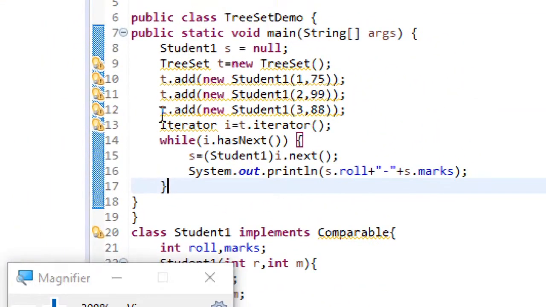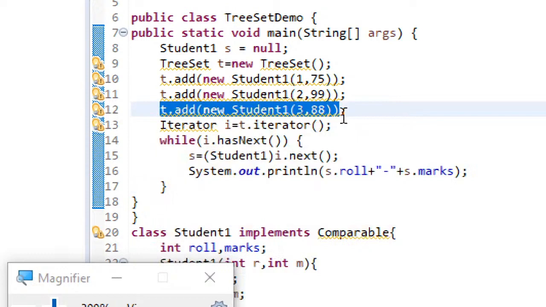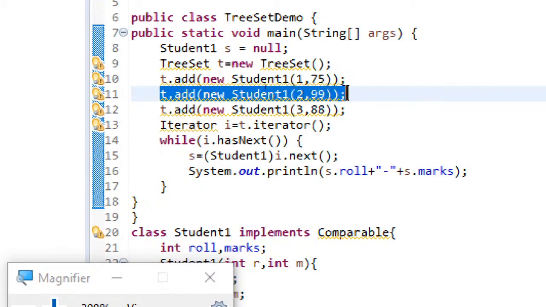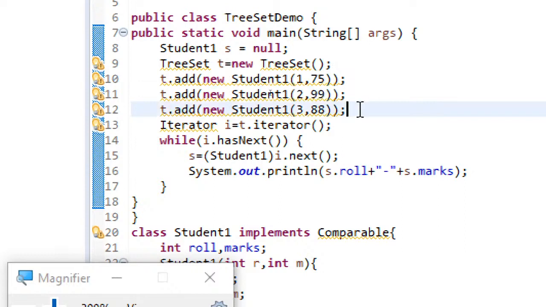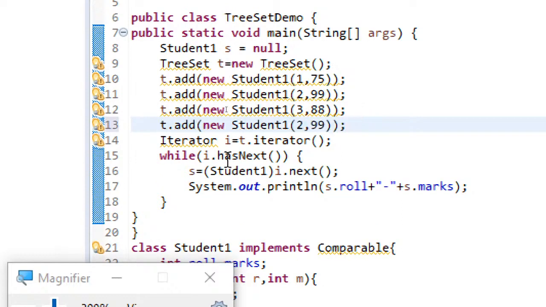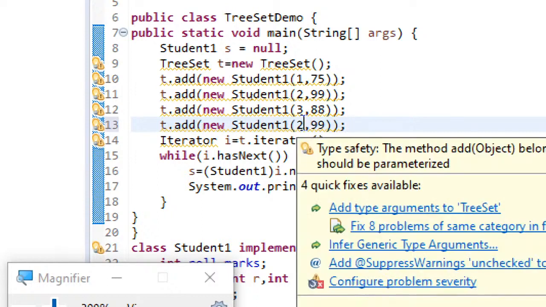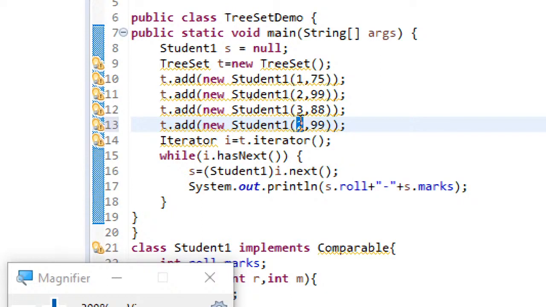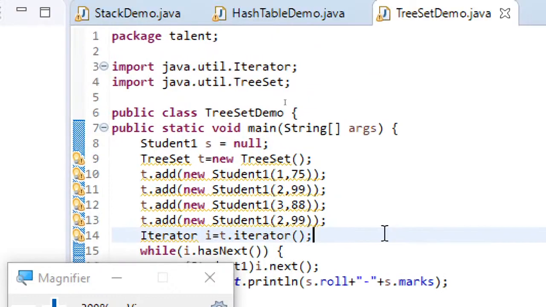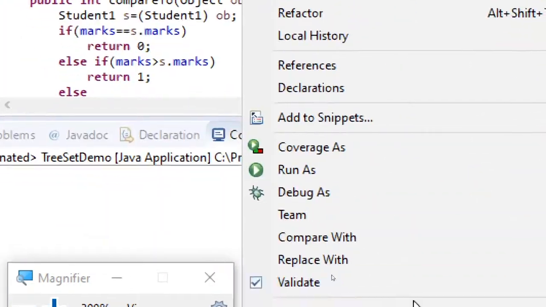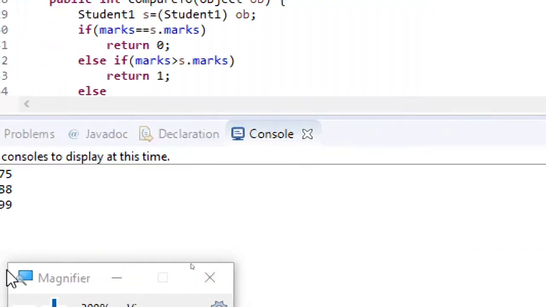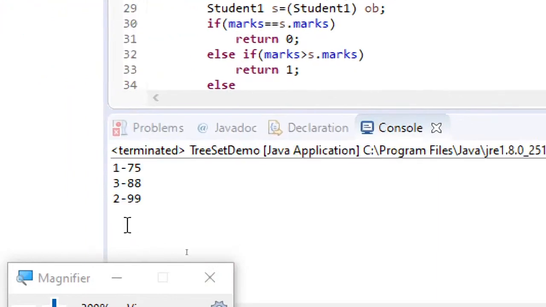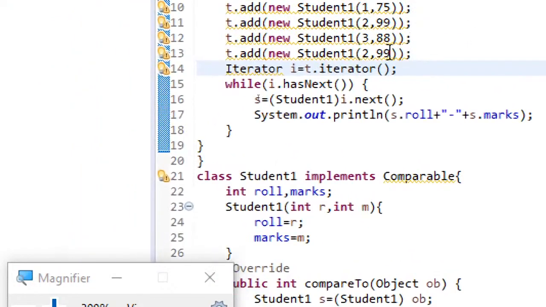Now if you want to see, you can just see if I go for duplicate creation. Suppose if I go for here, anyway this will be treated like the same thing. Let's run this. So here you can see it's being run for only one time.